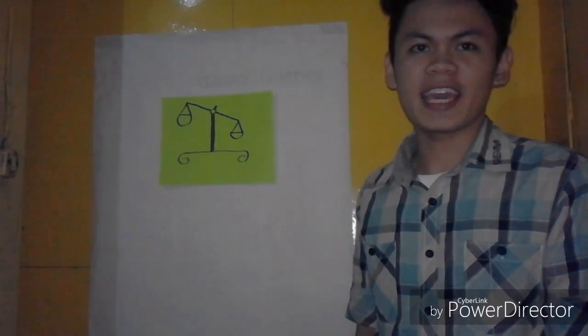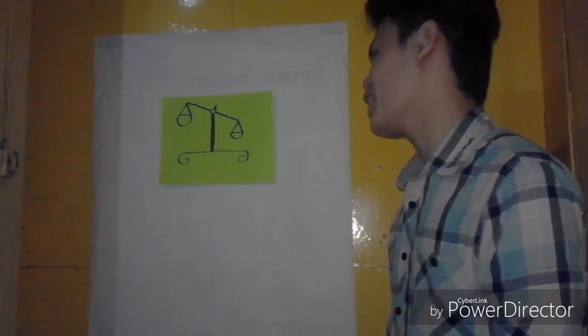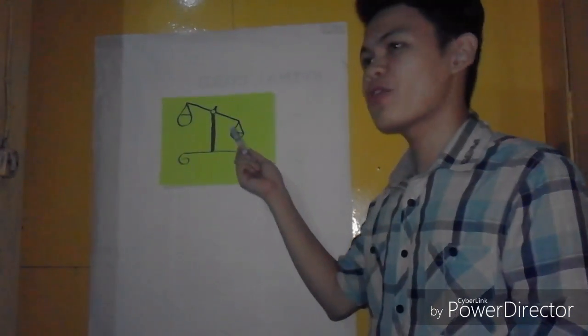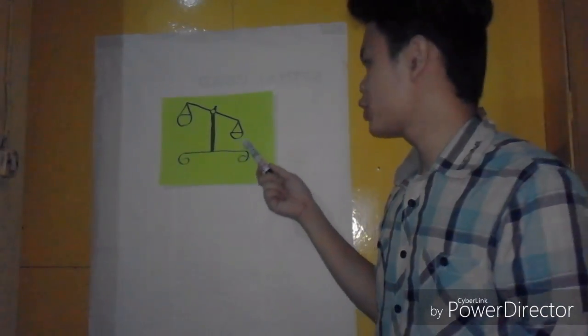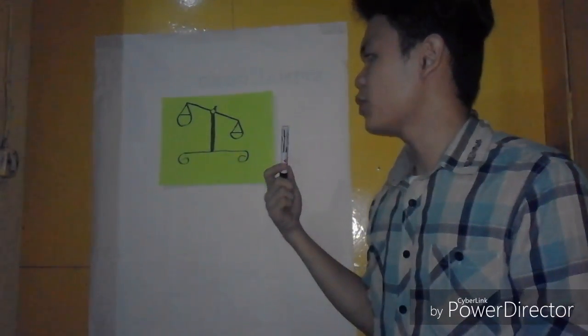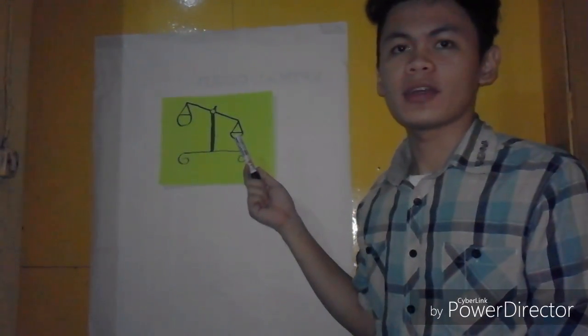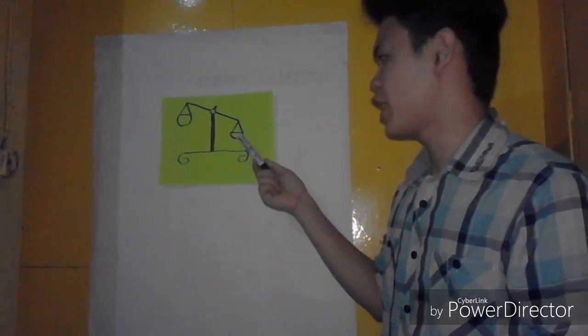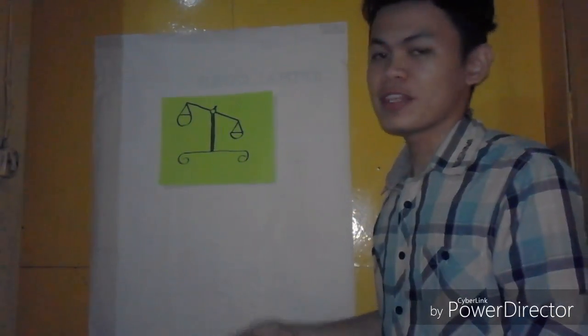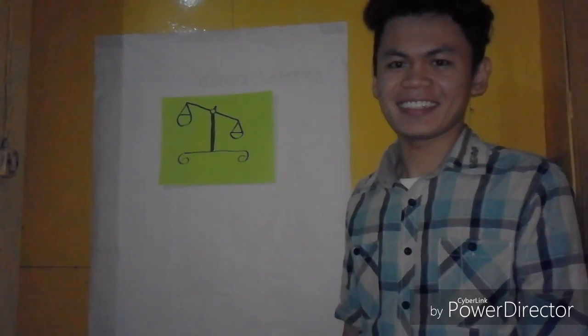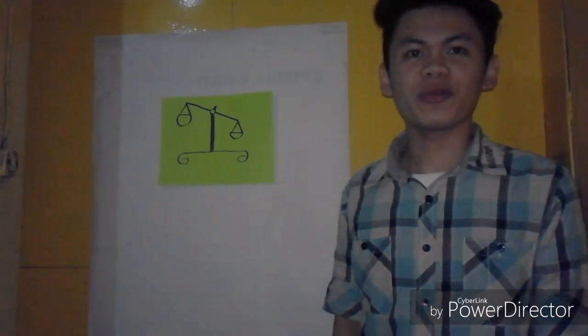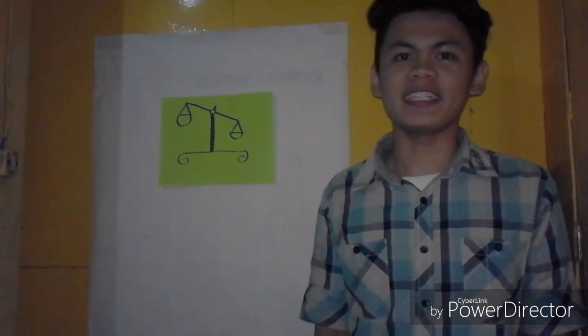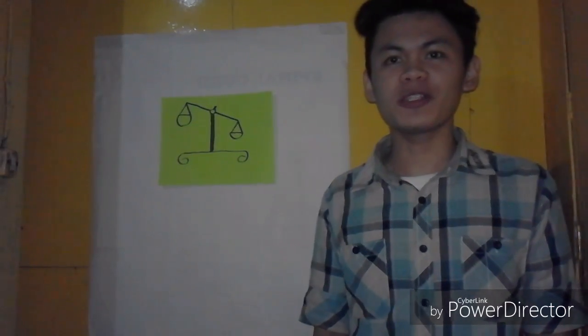Let's take a look at this scale. We can see that it is imbalanced, with the right side weighing more than the left side. In order for these two to be balanced, we need to put a little more mass on the left side until they are of the same size. So just like what we want to be balanced on both sides, a chemical equation should also be balanced on